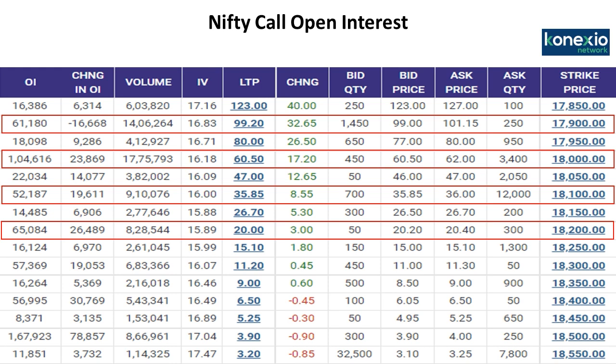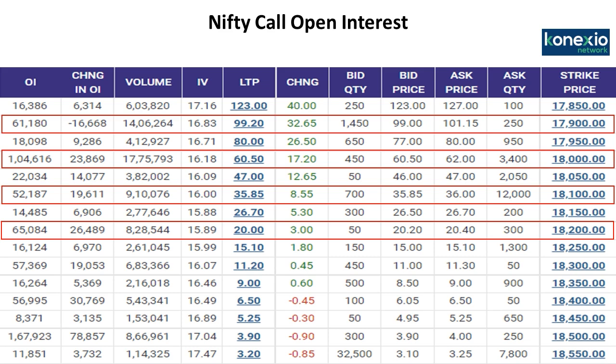So looking at this overall pattern, rising open interest in 18,000, 18,100, 18,200 calls, then rising option premiums, implied volatility is in the comfort zone. We feel at least that 18,100 to 18,200 could act as a major resistance for the next week. So the target for the next week would be around 18,100 to 18,200.